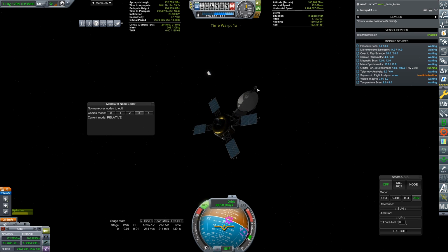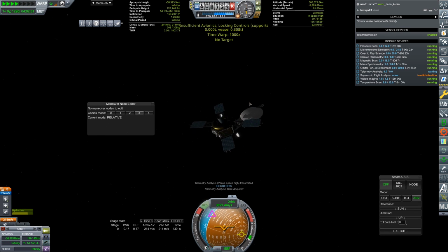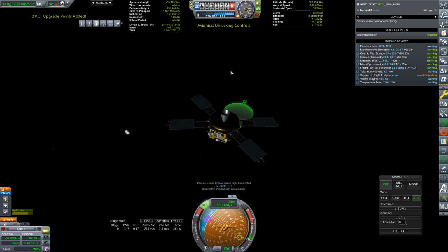We are rotating just slightly. I don't even want to... You know what? I don't need to correct that. I want this to be exactly what it is. Okay, we are in around space high around Venus. We can see it's still very distant, and a whole bunch of science is being sent back even as we speak. Just credits after credits, visible imaging,